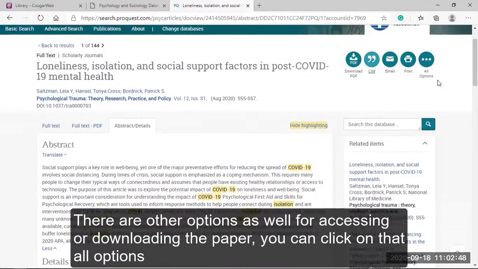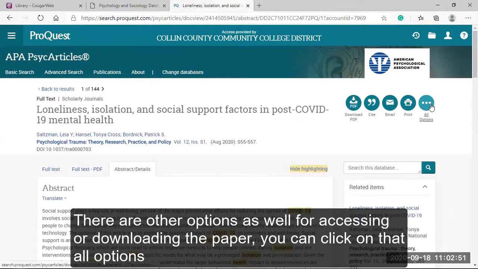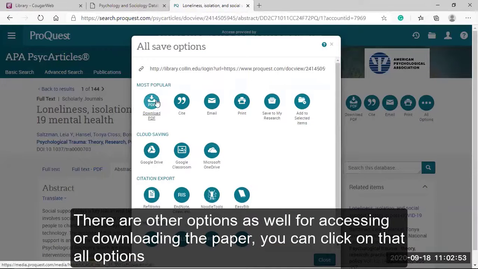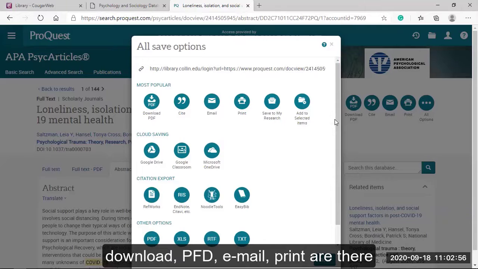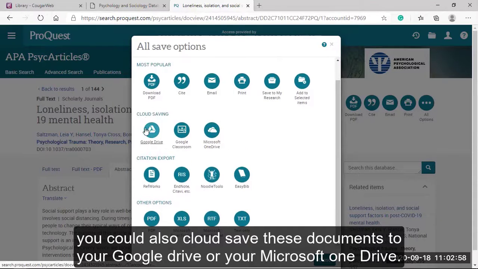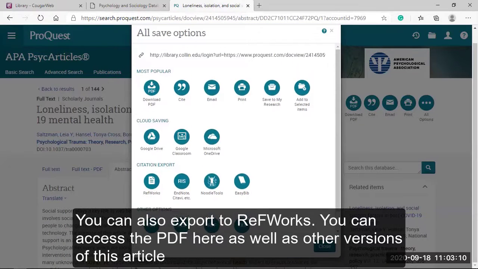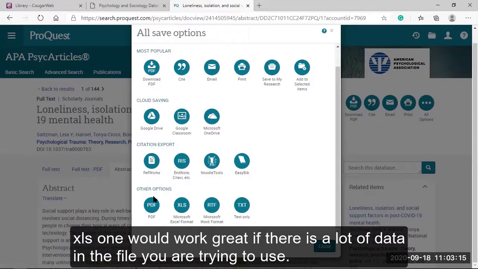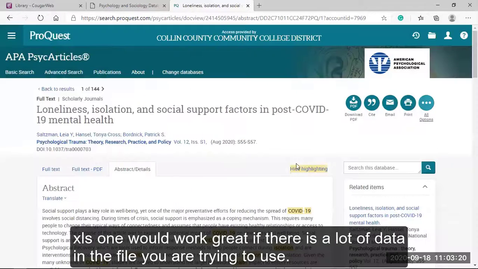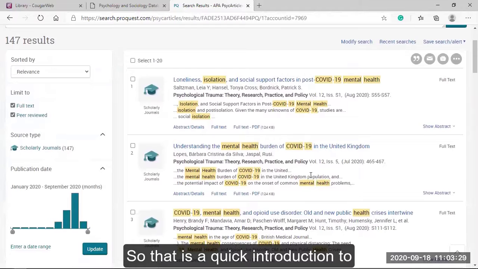There are other options as well for accessing or downloading the paper. You can click on that all options. The download, PDF, email, print are there. You can also cloud save these documents to your Google Drive or your Microsoft OneDrive. You can also export it to RefWorks. You can access the PDF here as well as other versions of this article. The XLS one would work great if there's a lot of data in the file that you are trying to use. So that is a quick introduction to